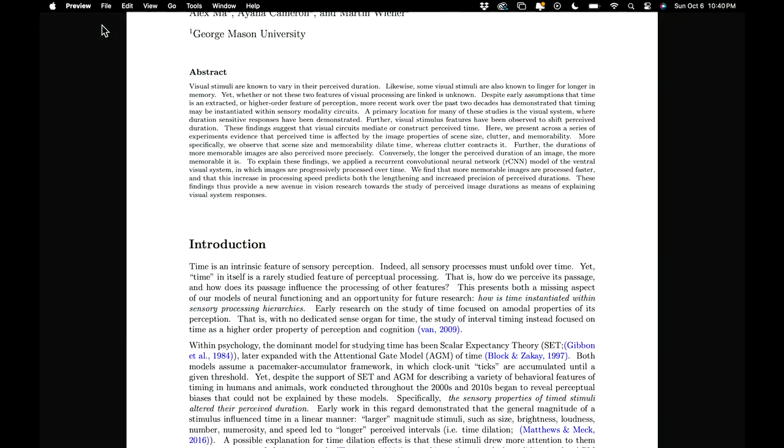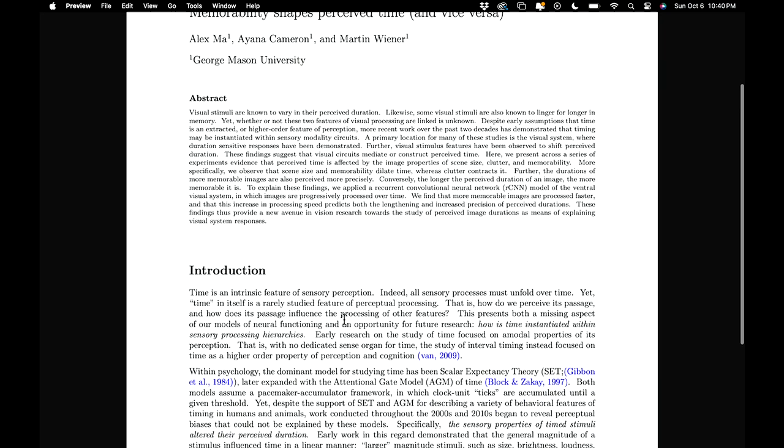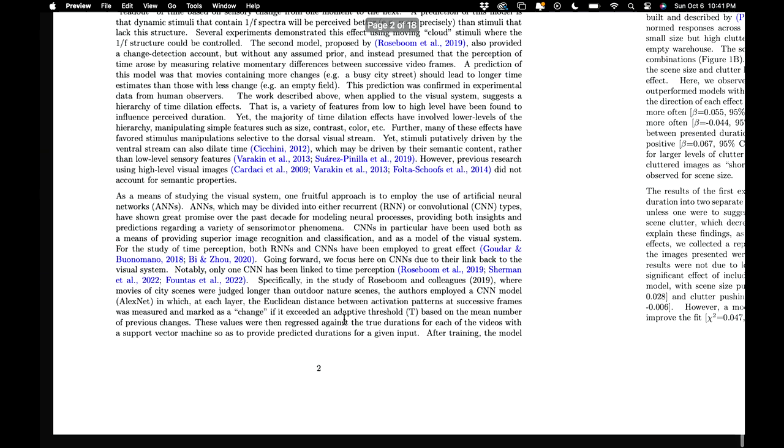So I downloaded the article, and I'm going to bring it up here. Let me show you what it looks like. So here's the article in itself, the whole thing. Memorability shapes perceived time and vice versa. You can see I'm not even focusing on the memorability part. I'm actually focusing on one of the tests that they did. Here's the abstract, the introduction, and their introduction